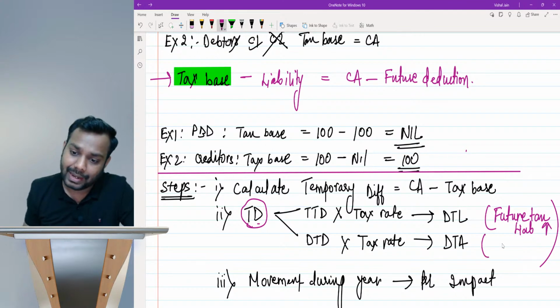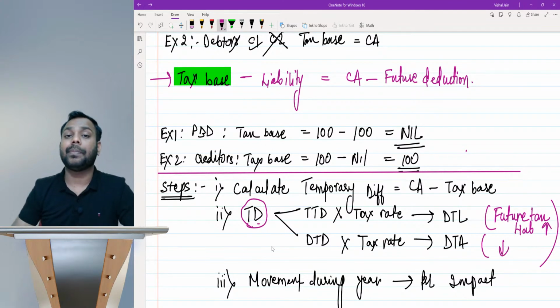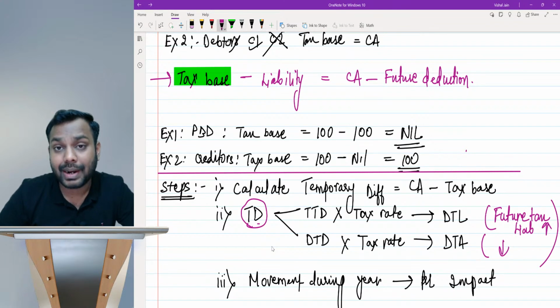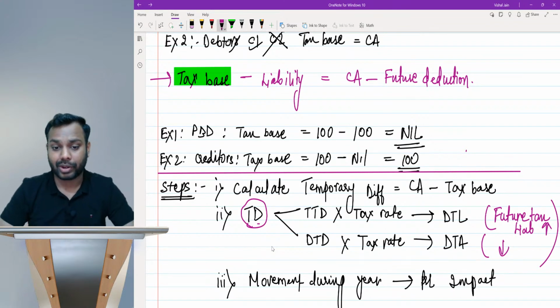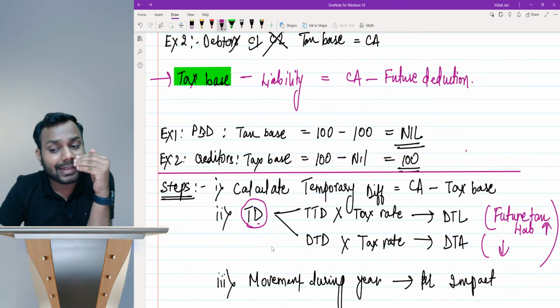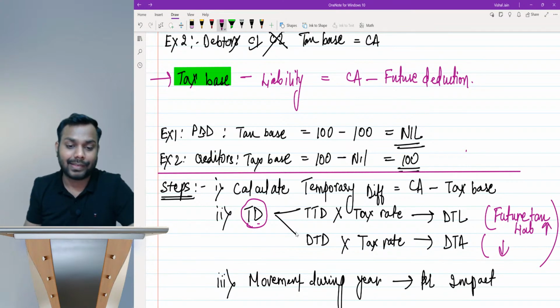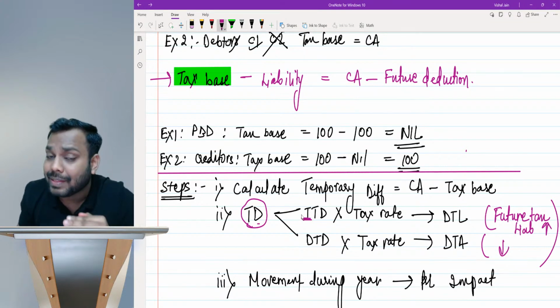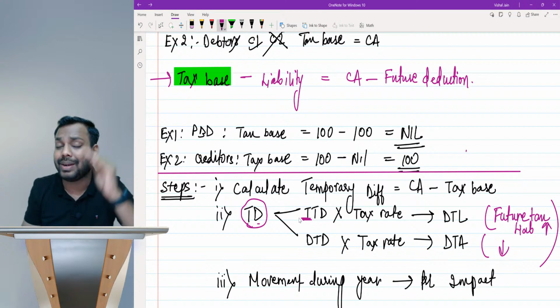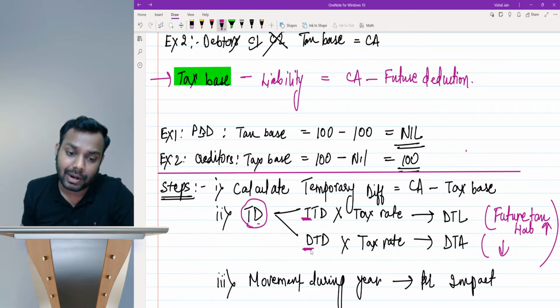If it decreases, that's called deductible temporary difference. Okay. If it increases the tax liability, it's called taxable temporary difference. If it decreases the future tax liability, it is called deductible temporary